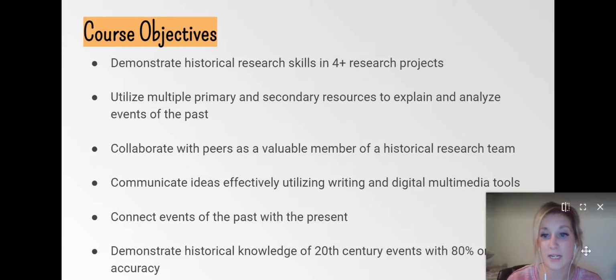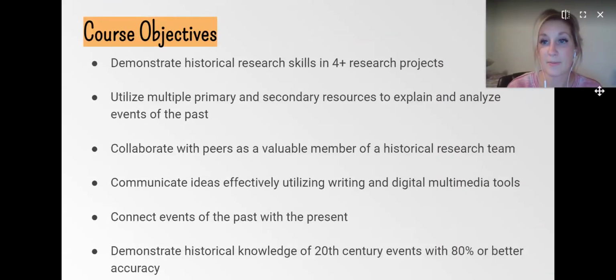So some of the course objectives are included within the Blackboard course in the syllabus, but basically students are aiming to understand and develop historical research skills in a variety of research projects throughout the duration of this course. They're seeking to utilize primary and secondary sources to explain, interpret, and analyze events of the past, collaborate with peers